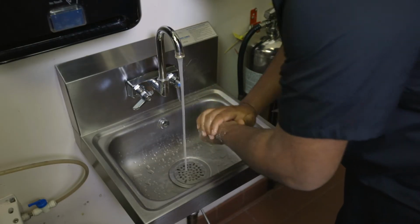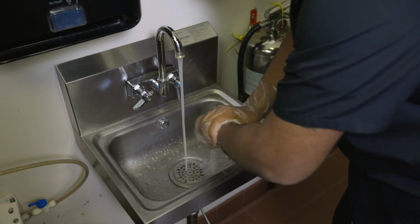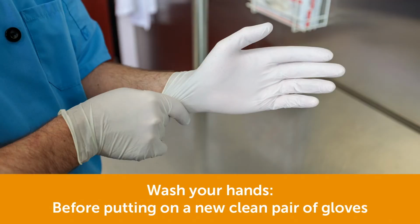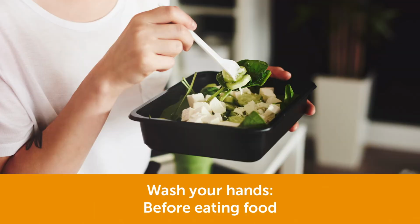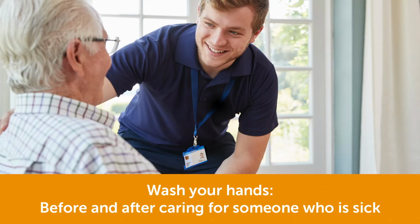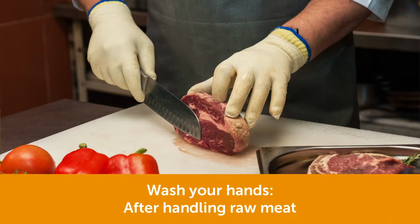To prevent contamination, employees must wash their hands thoroughly before starting work and in the following situations. Immediately upon entering the kitchen, before putting on a new clean pair of gloves, after removing gloves, before, during, and after preparing food, before eating food, after smoking, before and after caring for someone who is sick, before and after treating a wound, after handling raw meat,